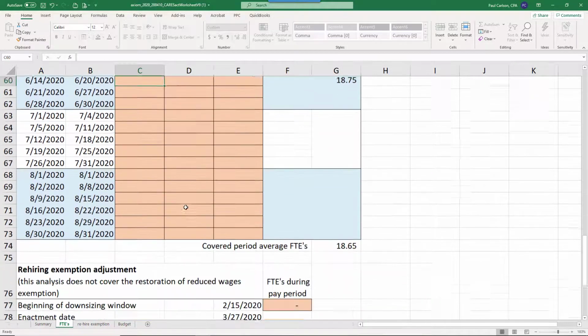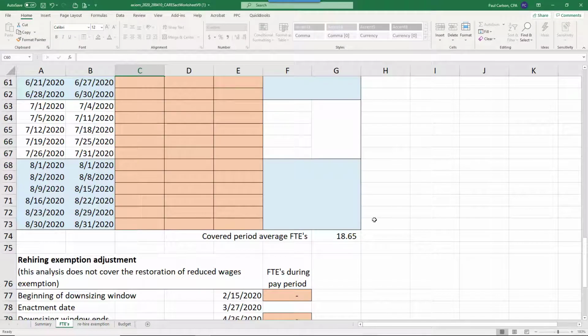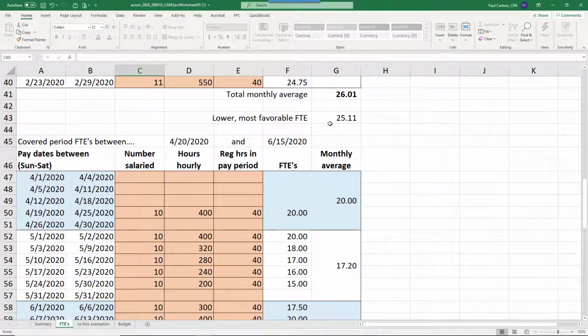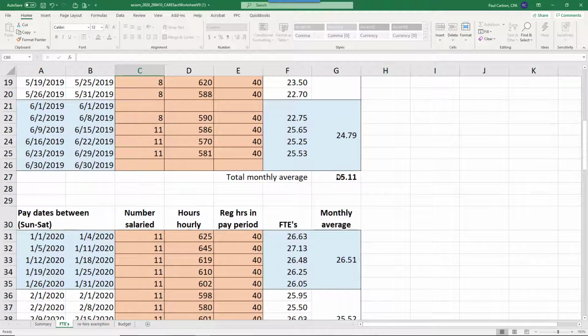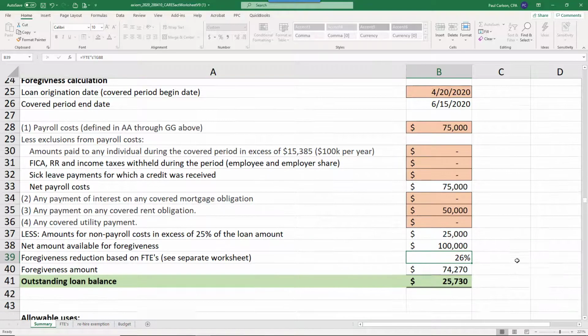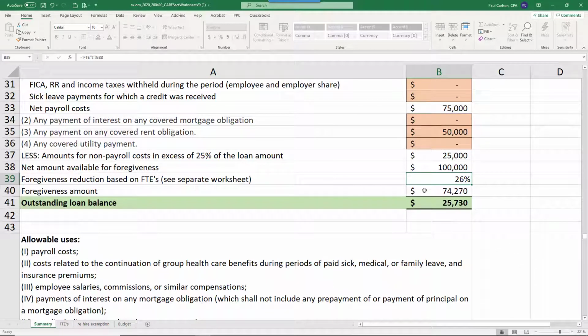So at this point, we have 18 full-time equivalents, which is substantially less than the 25 at the beginning of this year, and which is less than the 25 from last year. So if we go look at our calculation, we now have a 26% decrease in full-time equivalents, which means even though we spent $100,000 on wages and rent, we're going to have to pay back $25,000 of the